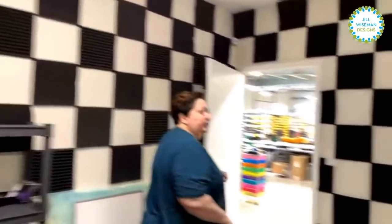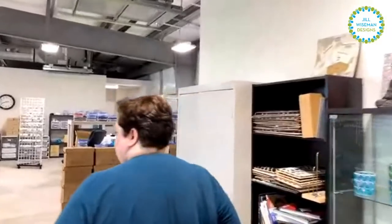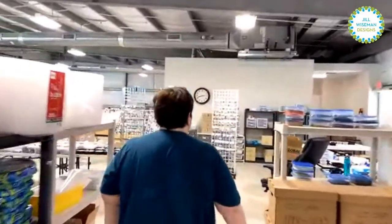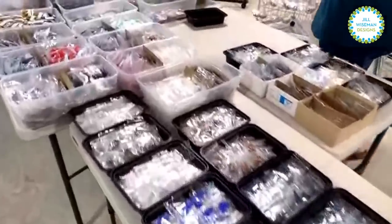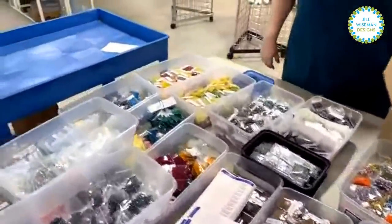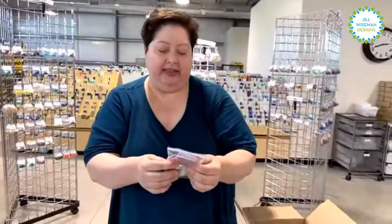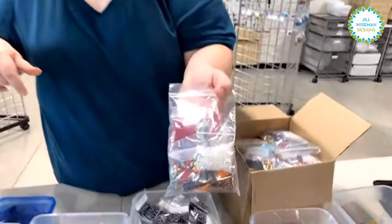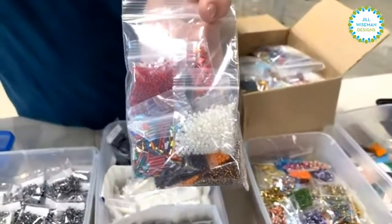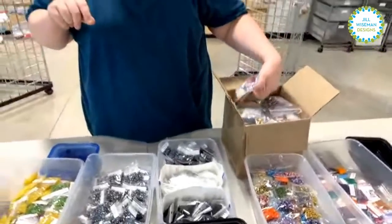All right, so now we are going to go all the way over to the other side. This is all materials for grab bags for the Bead Garage Sale. Somebody was asking what a grab bag is. This is an example right here. This one is specific to Czech seed beads. I'm actually going to remake these because they ended up having too many plain bugle beads in them, so I'm going to mix it up a little bit more. But we're going to have grab bags that are Czech seed beads. We'll have grab bags that are Japanese seed beads. We will have grab bags that are